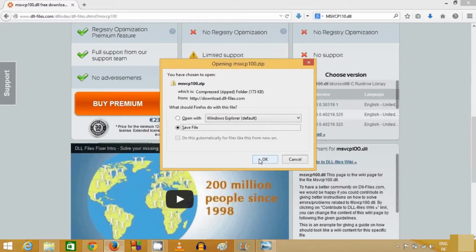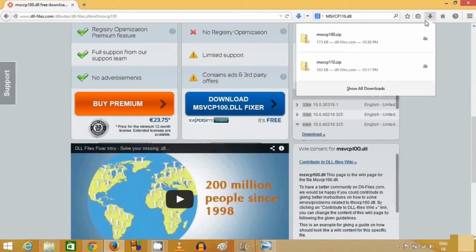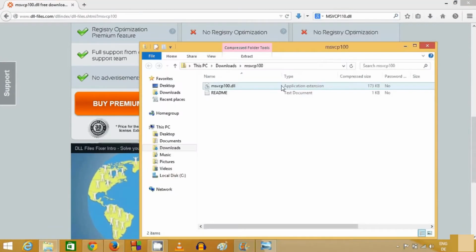I will save this file, and then I will open this zip file here, and this file contains the MSVCP100.dll file and this readme file. Now what we need to solve our problem is you just need to copy this MSVCP100.dll file from here. Just copy this from here, and you just need to go to